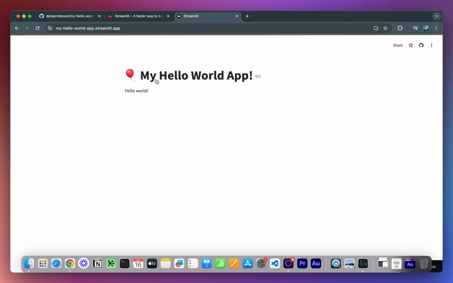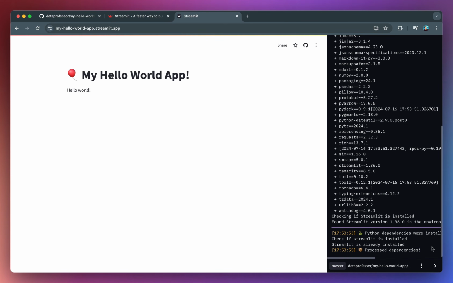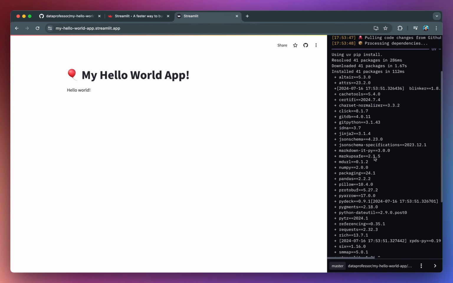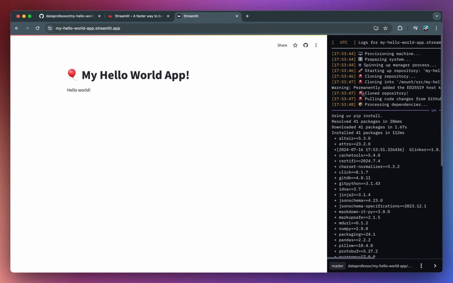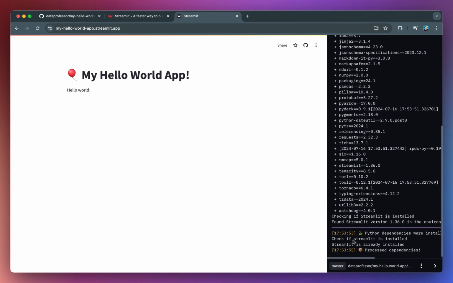And there you go. Your app is spun up. And at the bottom right-hand corner, there is the Manage App button here, which will allow you to see all of the things that are happening on the server hosting this Streamlit app. And it's working properly. And if there's any error, you should be able to see it right here, which will be very useful for debugging your errors. And so that's all. For deploying your Streamlit app, it's just that easy.